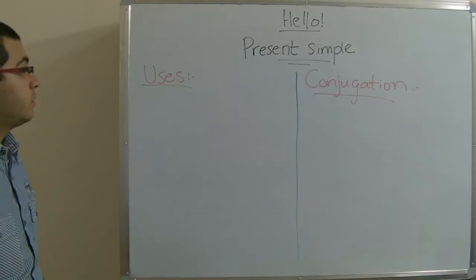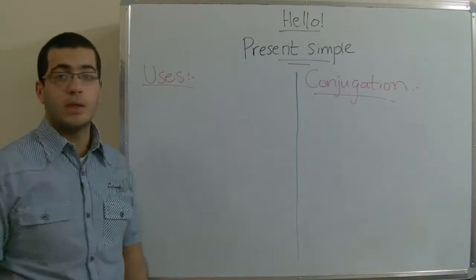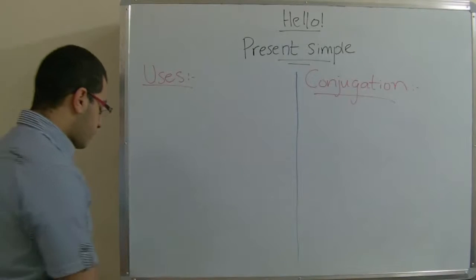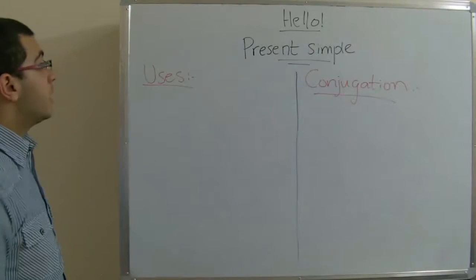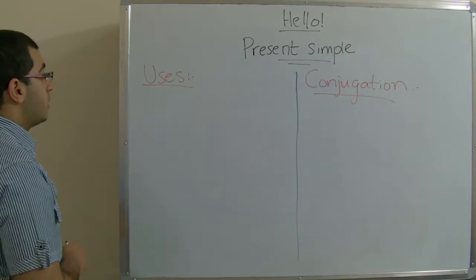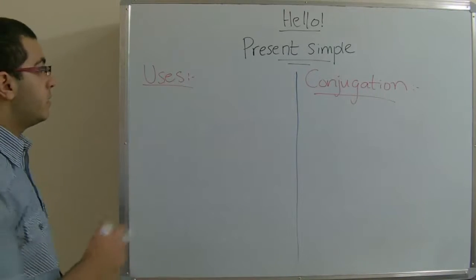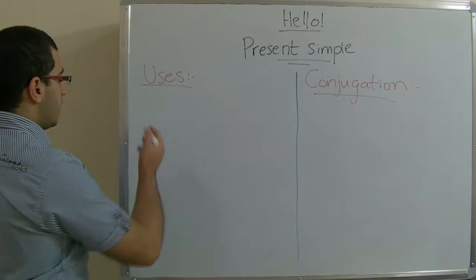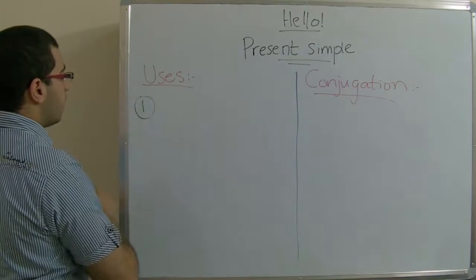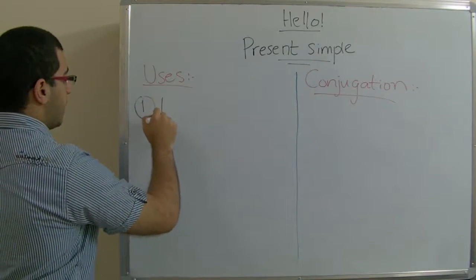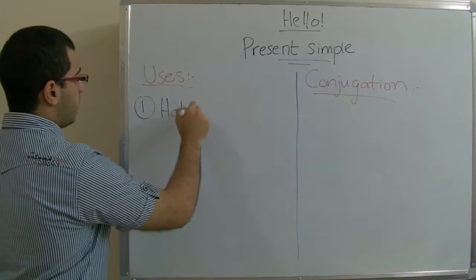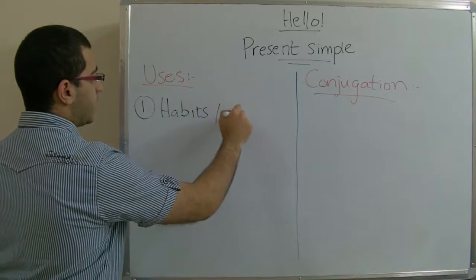Today we'll learn how to use the present simple tense in English, and the first thing that we will learn is the uses of this tense. When should we use the present simple? First, when we want to express habits or repeated actions,